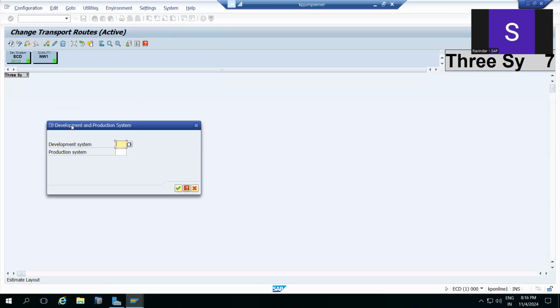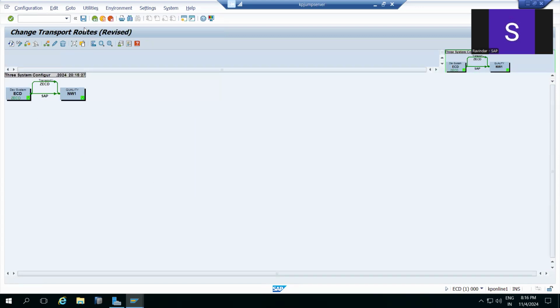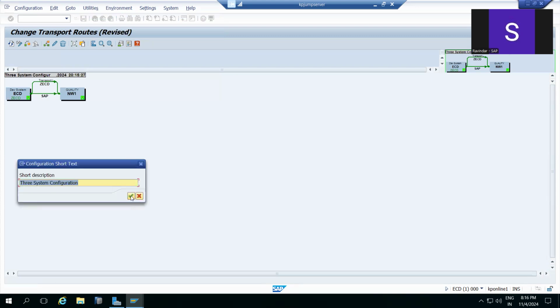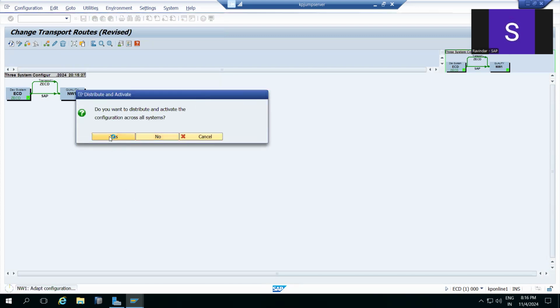You have two systems, then three systems, we can add them. So now ECD is your development system, then NW1 is your target system here, right? Like that, we have configured the routes here.